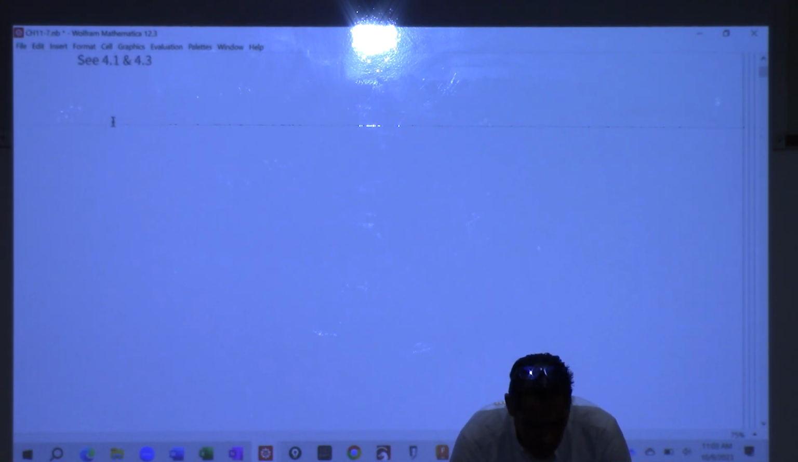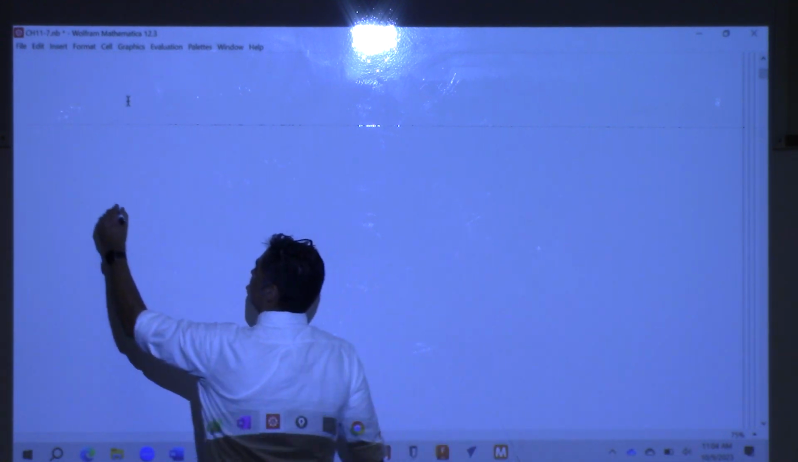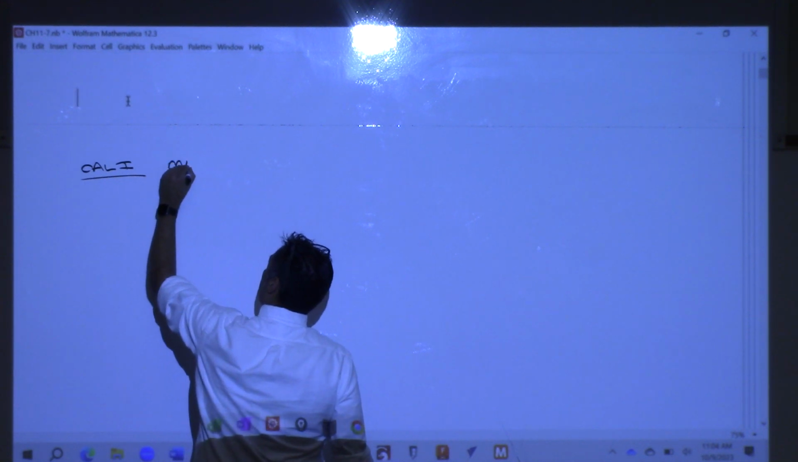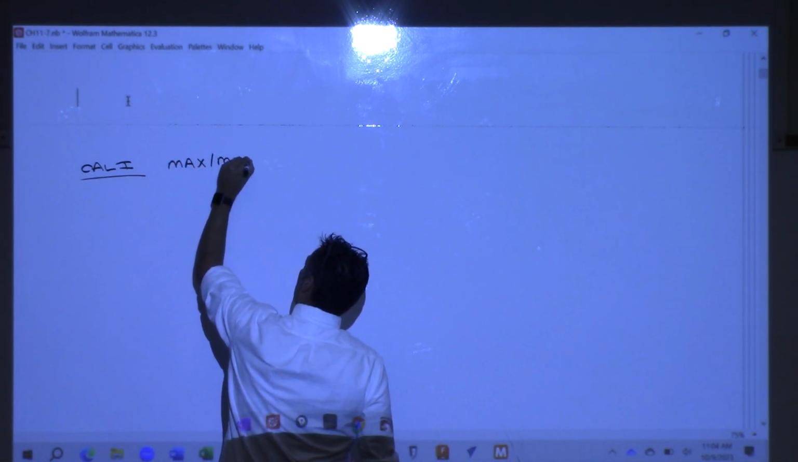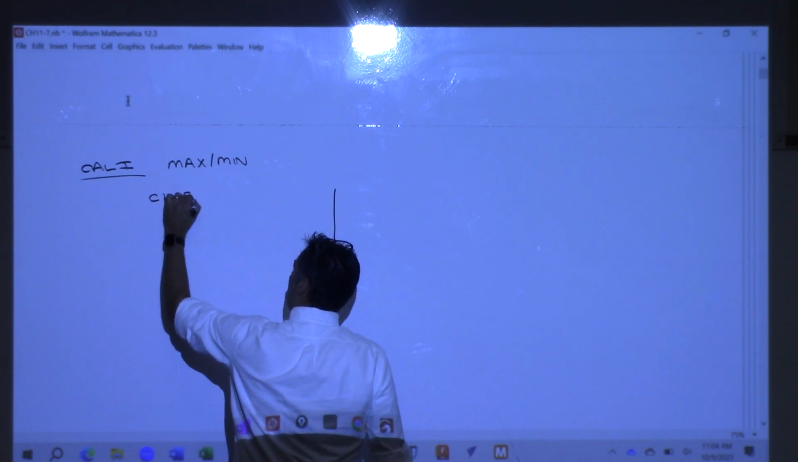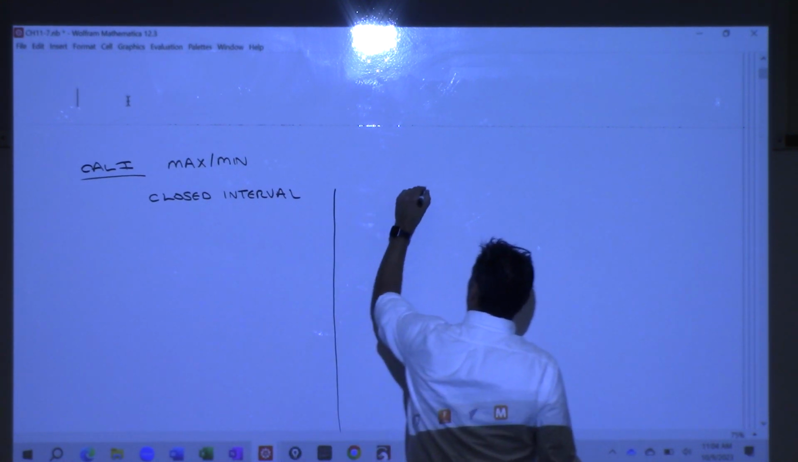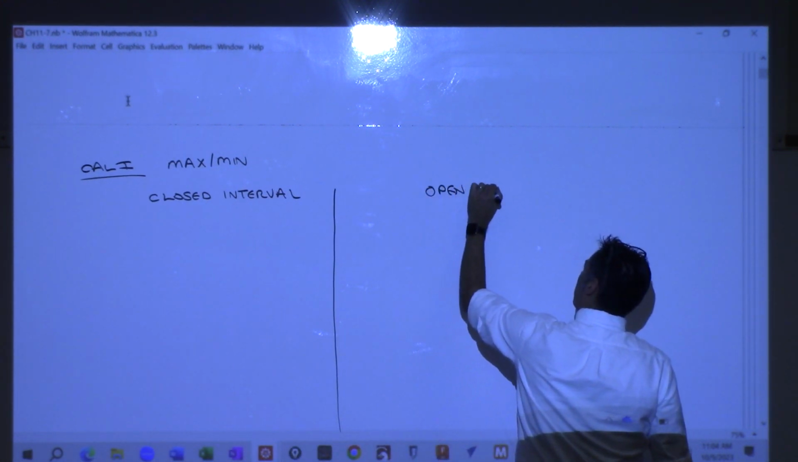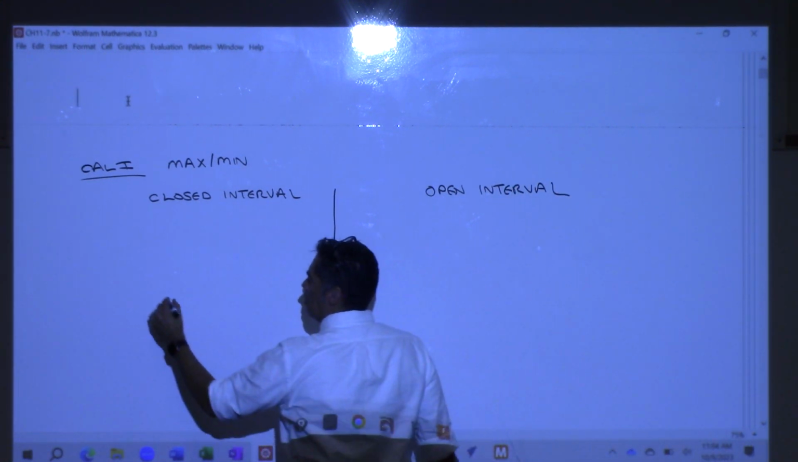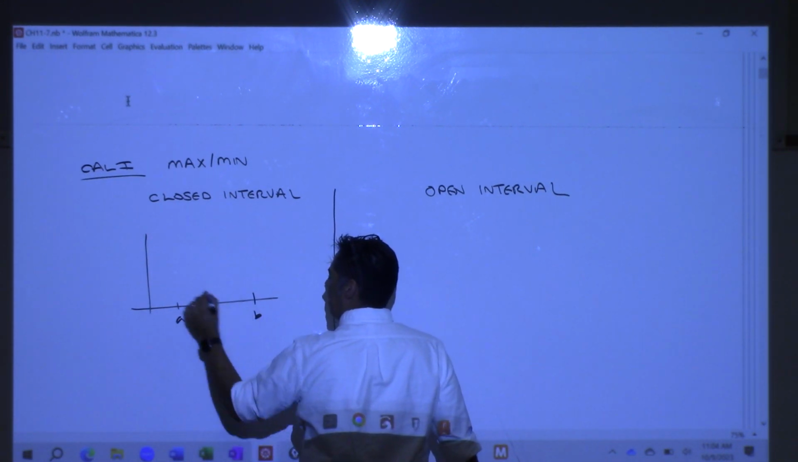So when it comes to Cal 1, when you're trying to find maxes and mins, we have two different scenarios. We have when you're looking at a closed interval and where you have an open interval. And what I mean by that is the domain. So if I take a function back in Cal 1 and define that function between 2 points, A and B,